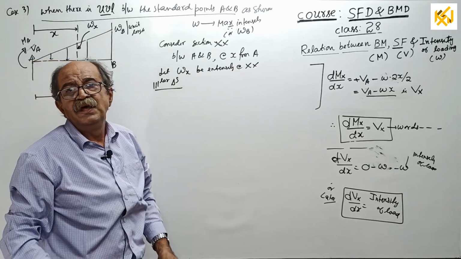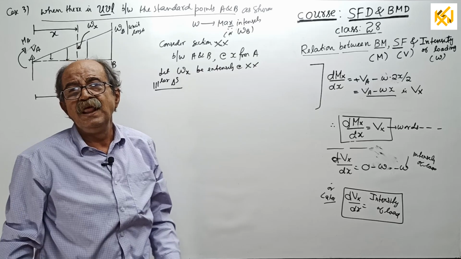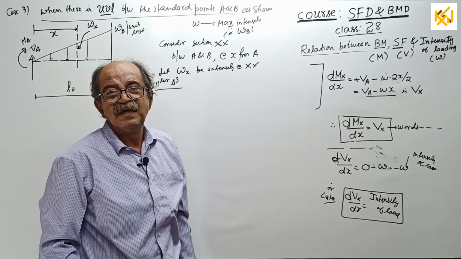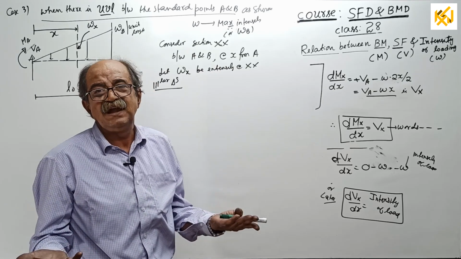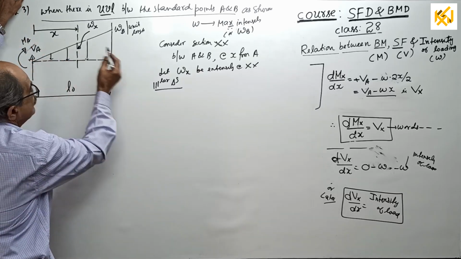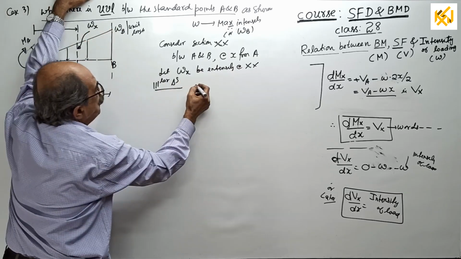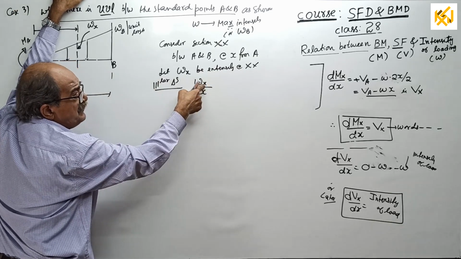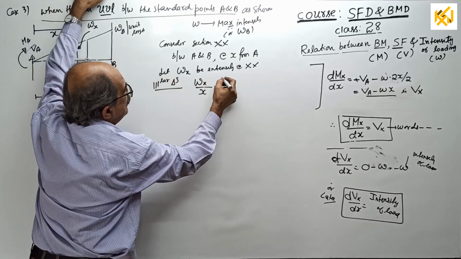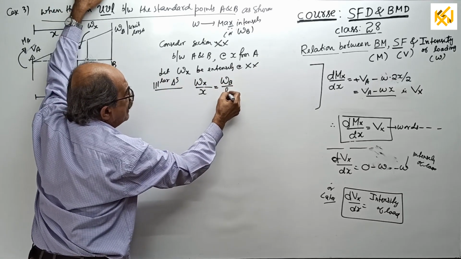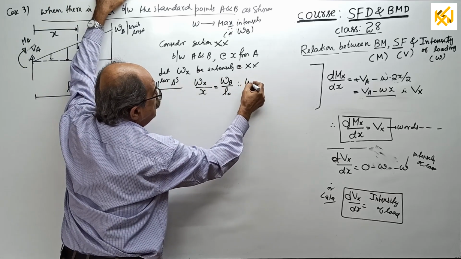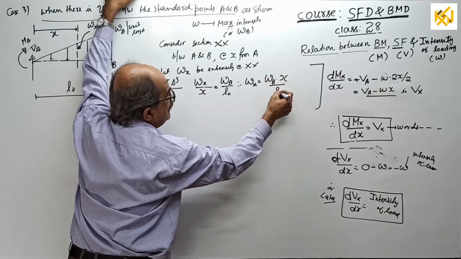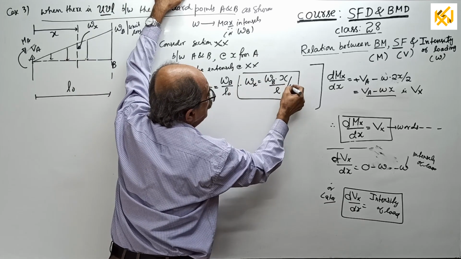I have seen some people locate the zero shear point for UVL, when the variation is parabolic, using the similar triangle property. I have seen people doing it. What else can I do other than just laugh and leave it? But here, see, now, you can say W suffix X divided by X, this is suffix X, this is numerical X, equal to W at B divided by L naught. Therefore, your W at X equals WB into X divided by L. That much per unit length.